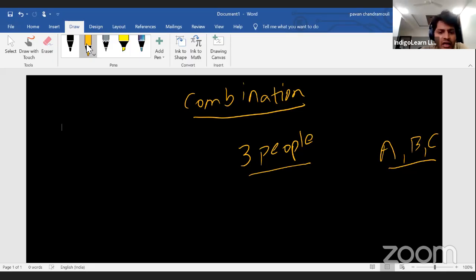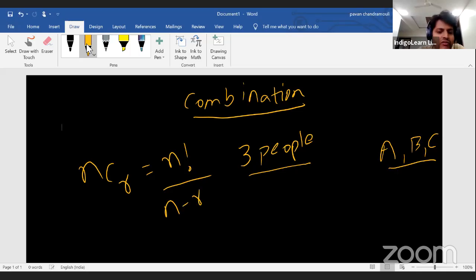So how do we define a combination? It is represented in the symbol nCr. How is it different from nPr? If you see, we have written nPr is n factorial by (n minus r) factorial. This is where we ended the formula for permutation. Now in combination, how is it different? You have the same formula, but you have an extra denominator called r factorial. Why? Because wherever there is multiple counting, you have to remove it.